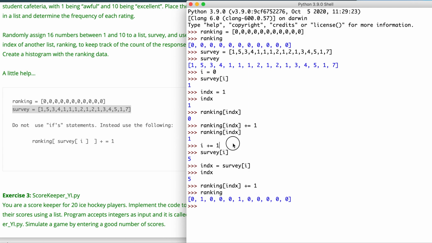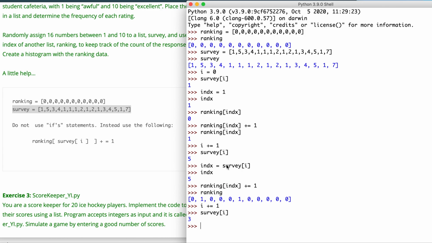All right, let's keep on going. Let's keep on tracking this. Let's increment i. Now let's take a look at the survey when i now should be 2, right? Let's keep that in mind. And if I look at index 2, 0, 1, and 2, it's a 3. And now I'm going to use this 3 as a